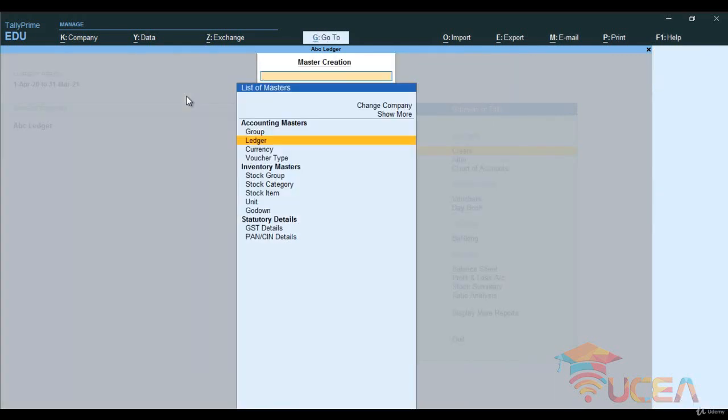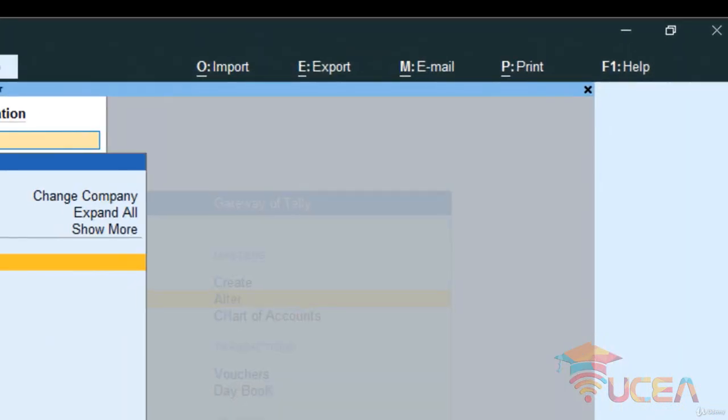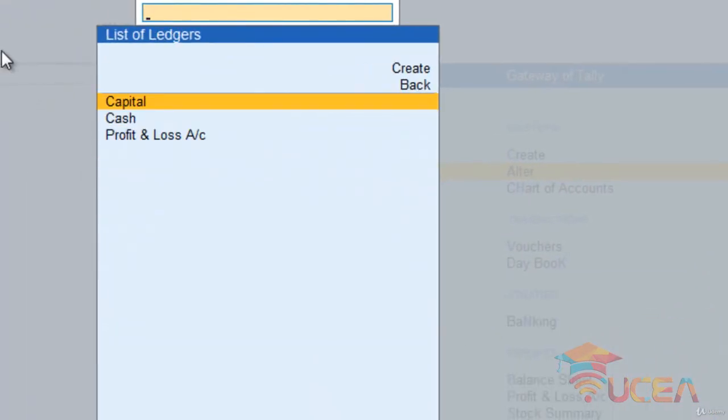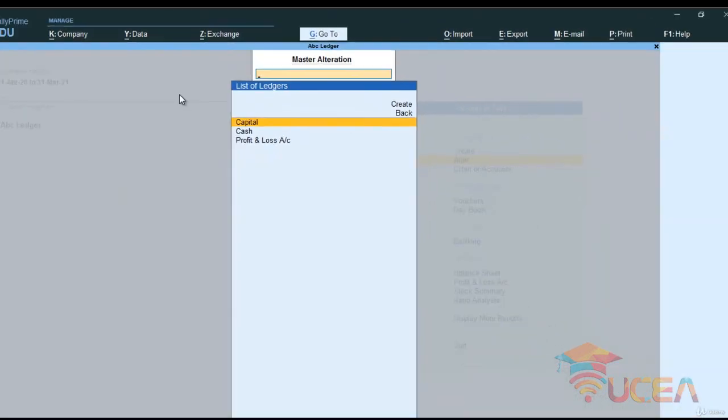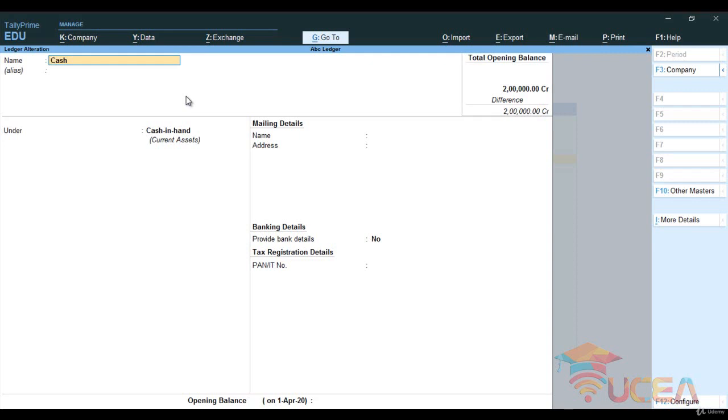Okay, and here you can see these are the options to create. Now go back once again and here you will see the option of alter. So go to alter, go to ledger, and here you will see the list of ledgers which have already been created by Tally itself. Cash is one of those ledgers, so I'm going to cash.